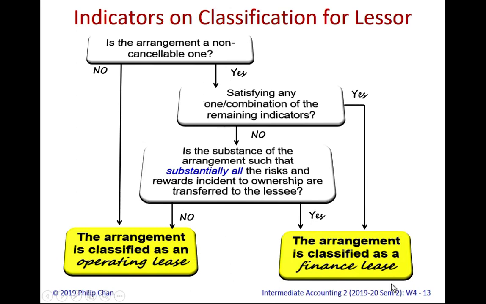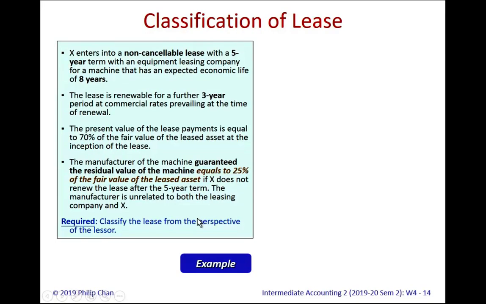However, for a finance lease, you only need 2 to reach the conclusion, so you may get fewer marks. Of course, if the lease is cancelable, but not under the 4 situations, then it would be an operating lease. Okay, let's then move on and see whether you understand how it works by looking at this question,